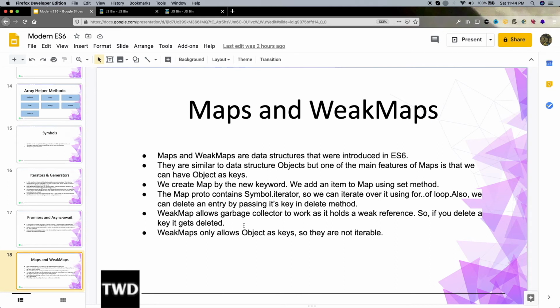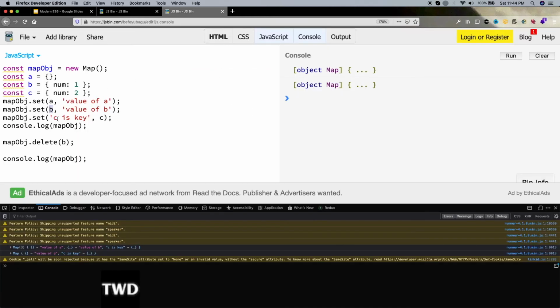Another thing you will learn is that weak map only allows objects as keys, and they are not iterable. In a map, as we have seen in this example, we can pass anything as key. These two were objects, but this was a string. Map is an enhanced version of objects, so we can use it as a normal object also. But in weak map, that is not possible.